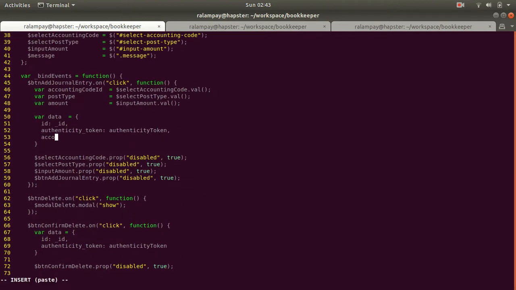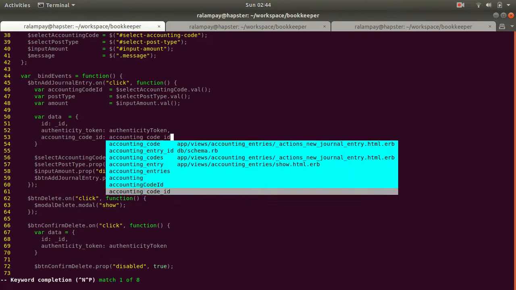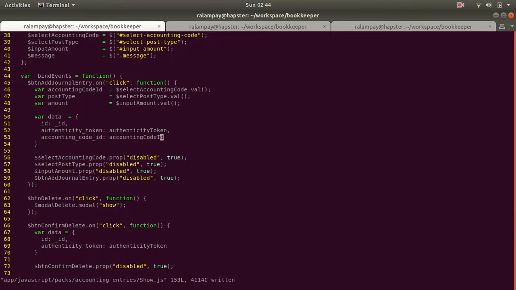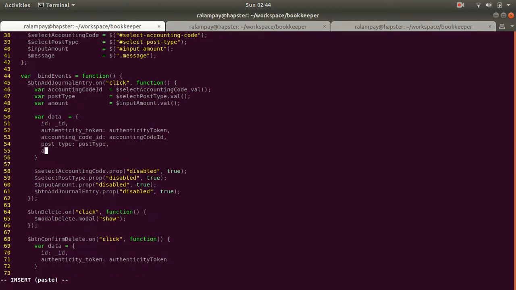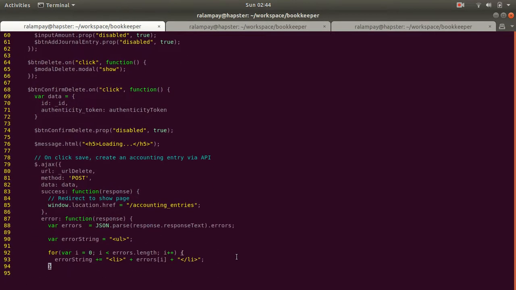Okay, so we pass in our accounting code ID. It's kind of weird because I use the Ruby syntax for the convention for the variable naming, but the values are camel cased on the JavaScript layer. Post type is post type, and finally amount is amount. Okay, we disable the UI,